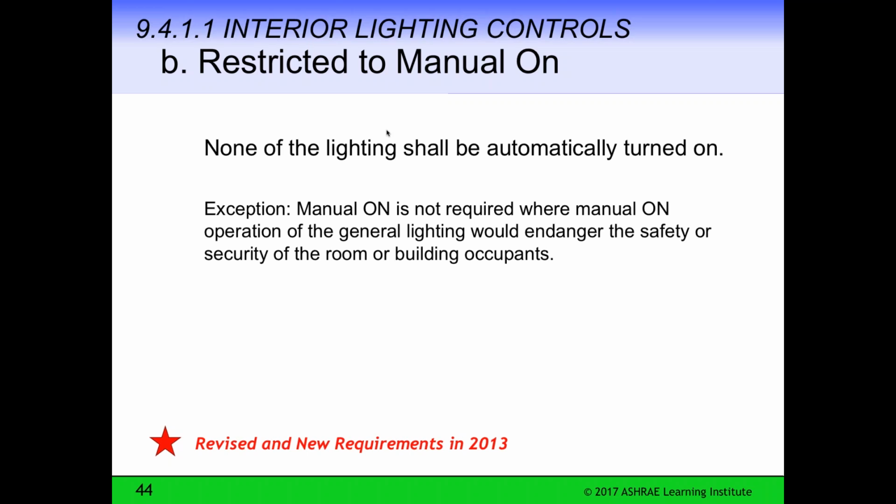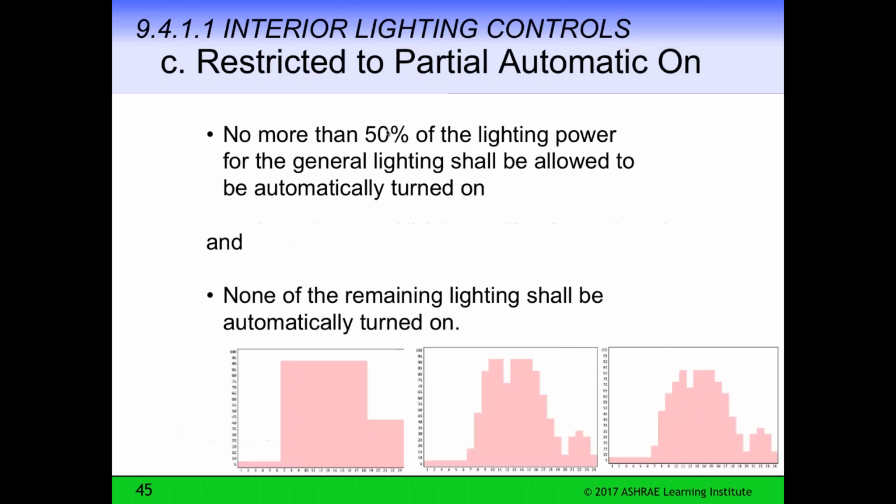And the only exception of note is that you can't have the manual on if the operation would endanger the safety or security of the room or the building occupants. So it's a restriction to manual on, and it just limits the automatic turning on of lights at a certain time or what have you.